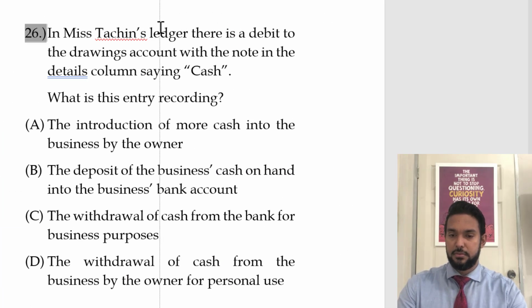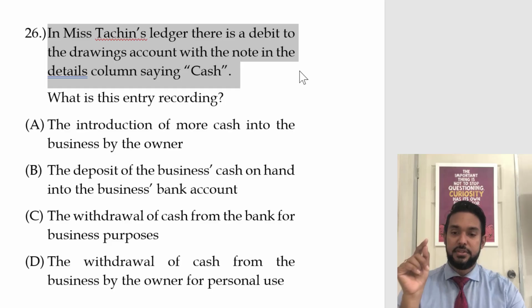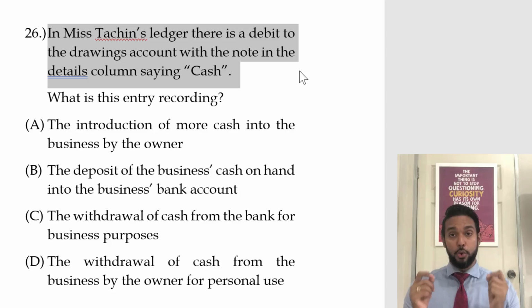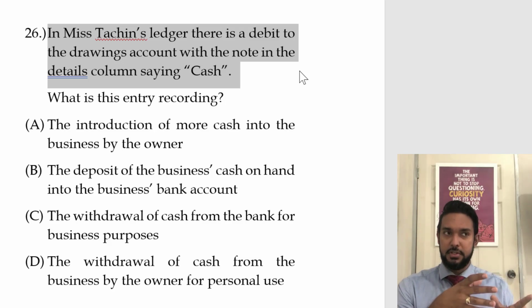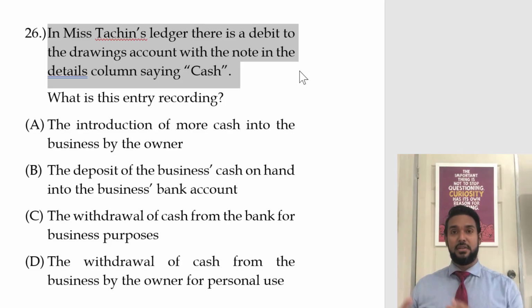In Mr. Chin's ledger, there's a debit to the drawings account with a note in the details column saying cash. Ooh. So this is not a straightforward one. So they're telling you in Mr. Chin's ledger, wink, wink, nudge, nudge for the name, there's a debit to the drawings account. Now, drawings represents a reduction in capital, any resource the owner is taking out of the business. So when the owner is putting in resources, that's capital increasing, which requires a credit. If the owner does the opposite, as in taking out resources, you're going to have to debit to record the